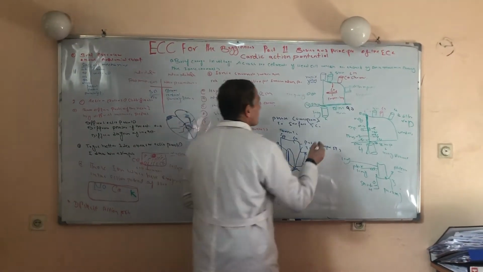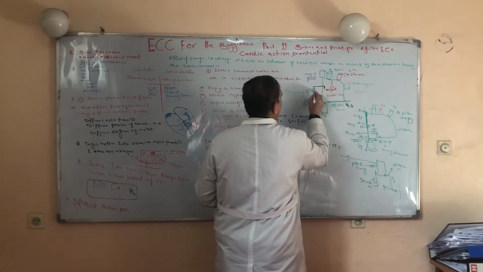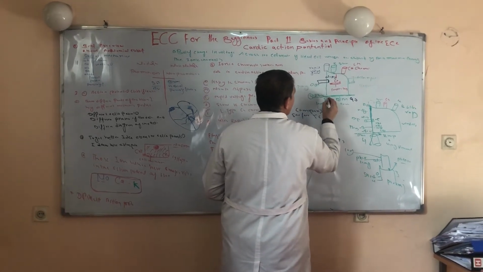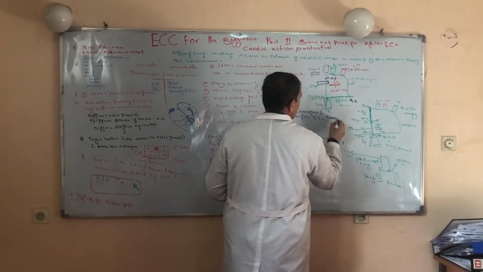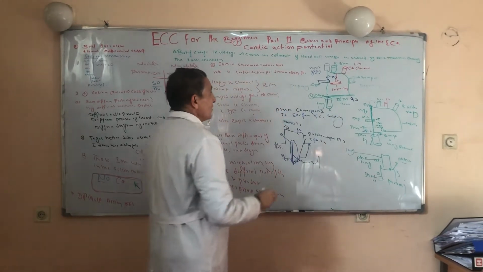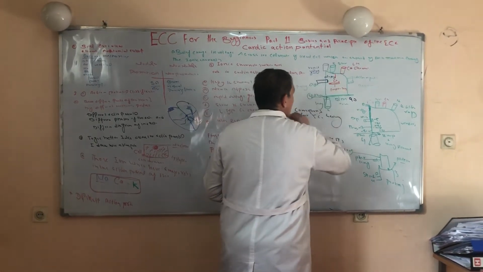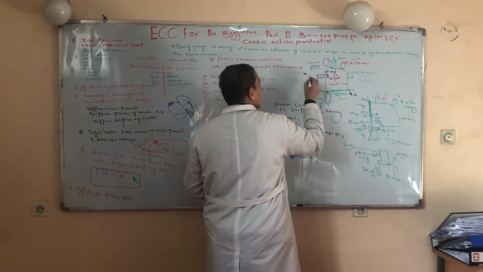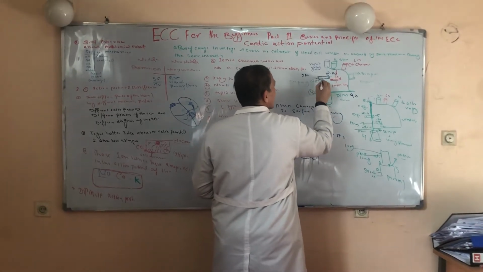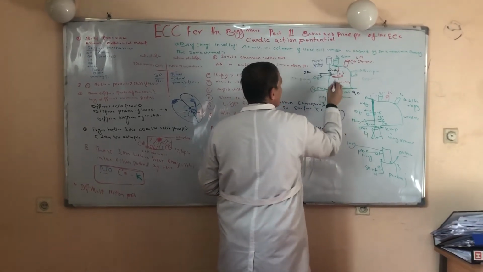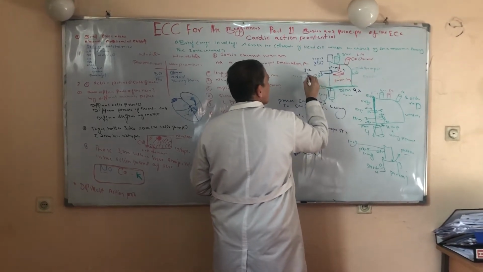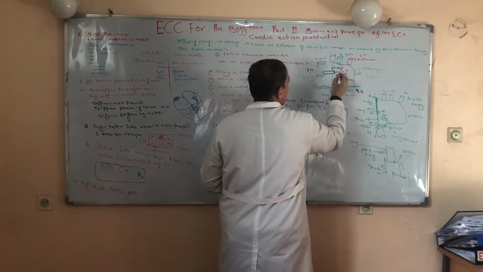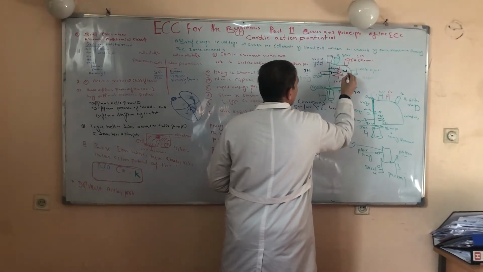As I mentioned before, there are 2 channels that play a major role. One is sodium potassium ATPase, and the second is the leaky potassium channel. Due to the action of this sodium potassium ATPase, 2 ions of potassium are going from inside the cell to the outside of the cell, and from outside the cell into inside the cell, sodium. 2 potassium are going to the outside of the cell, and 3 ions of sodium are coming through this sodium potassium ATPase channel to the inside of the cell.